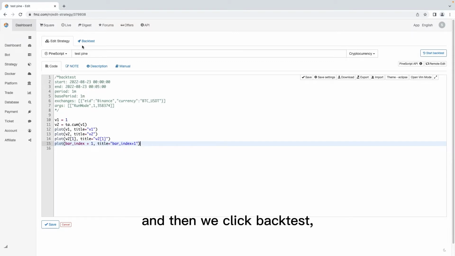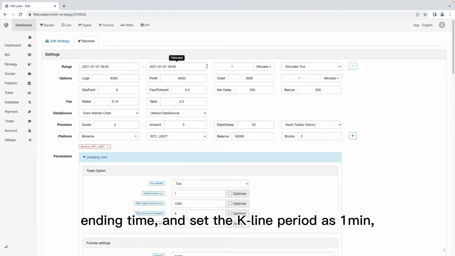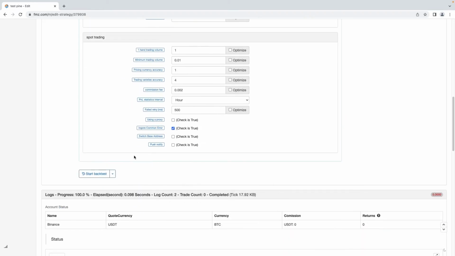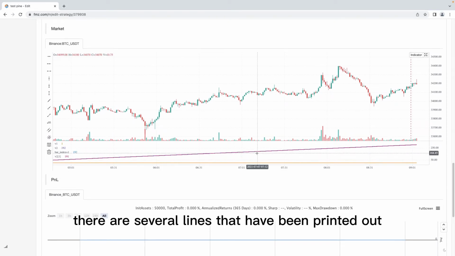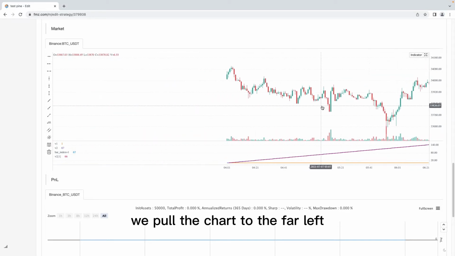And then we click backtest. Don't forget to set the time range, the beginning time and the end time, and set the K-line period at 1 minute. And click backtest. Here we can see the results. There are several lines that have been printed out at this position. We pull the chart to the far left